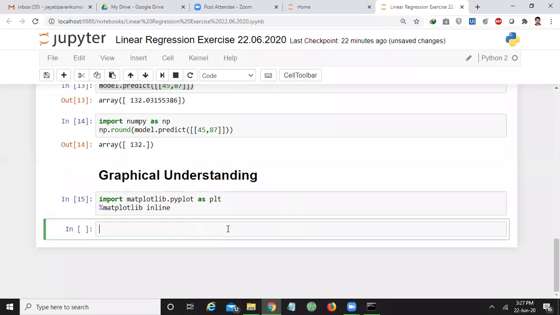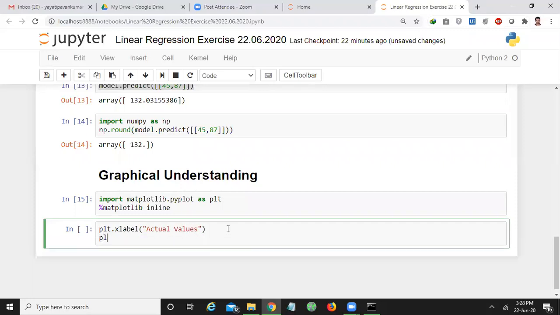Now I want to put the X label as actual values, and the Y label as predicted values.